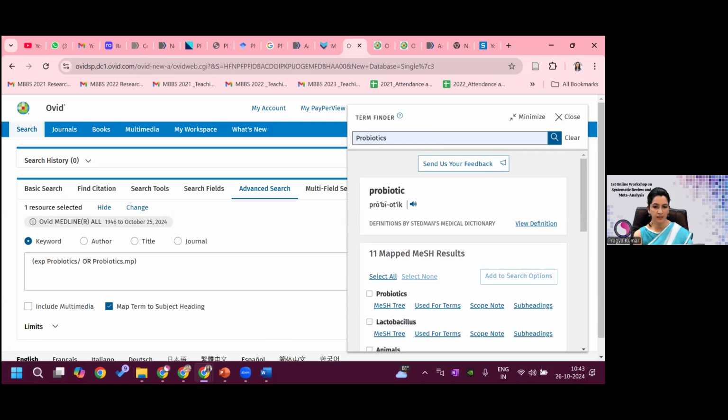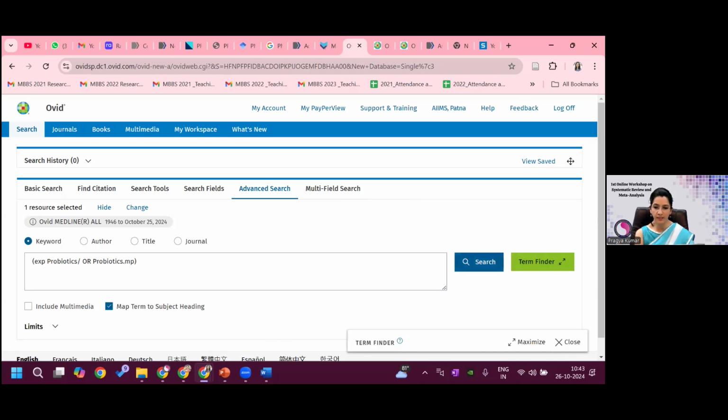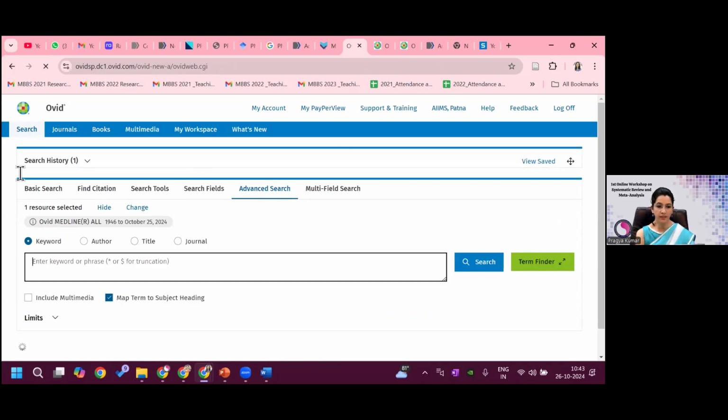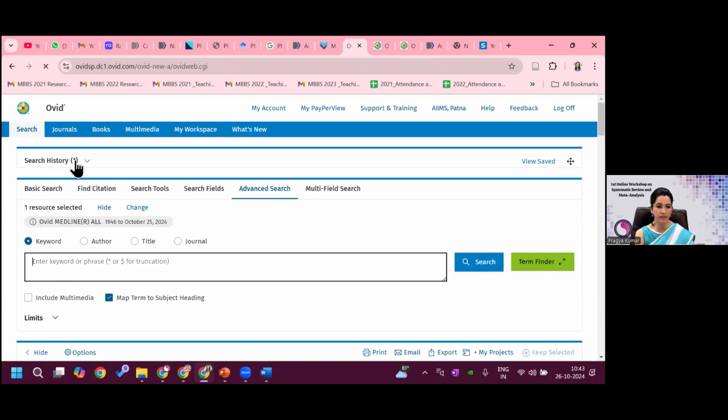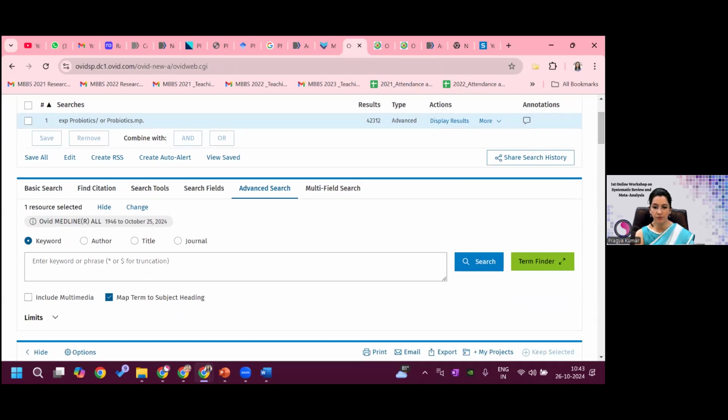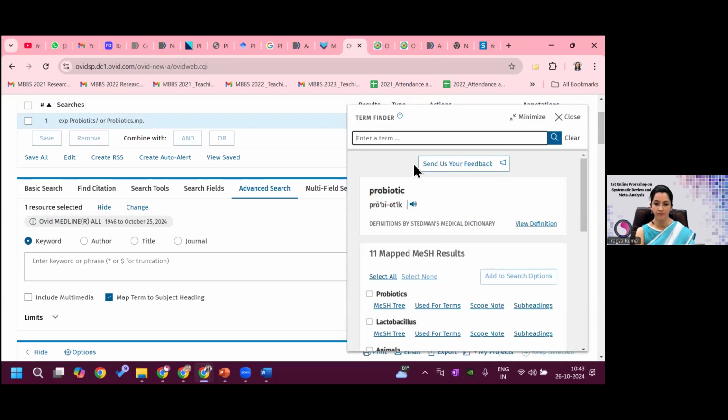But again, in this case, it's better, you can do both the ways. Then if you click search, go to the advanced search, search history. There is a search history. If you click this, you can see it is showing you exp probiotics or probiotics.mp. Again, I will go to this term finder. I will add another term, which is the